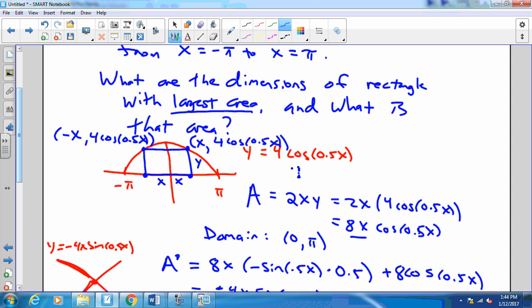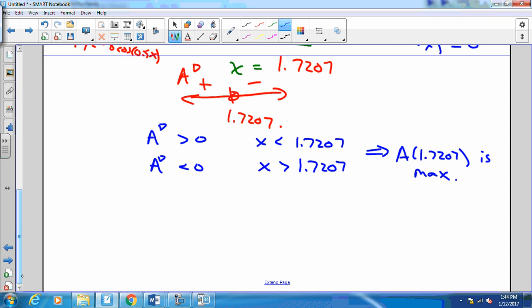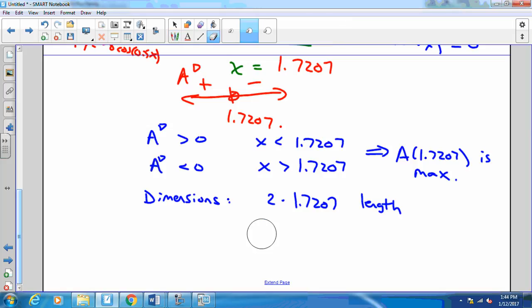And the dimensions are 2x times y. So I have to say that the dimensions are going to be 2 times x. And I'm just a little bit lazy about it if I'm working on a test, right? I'm just going to write it like that. And I'm going to say that the height is going to be